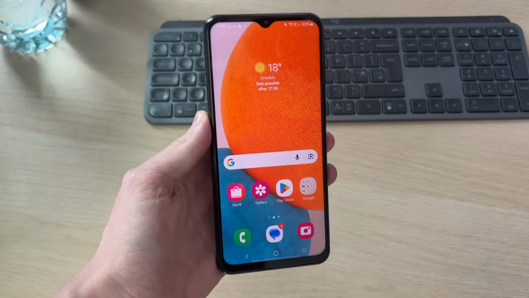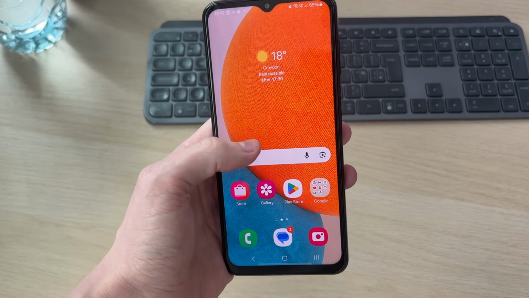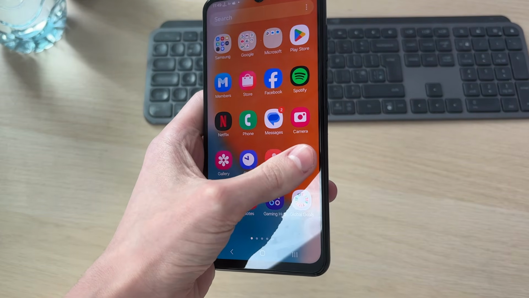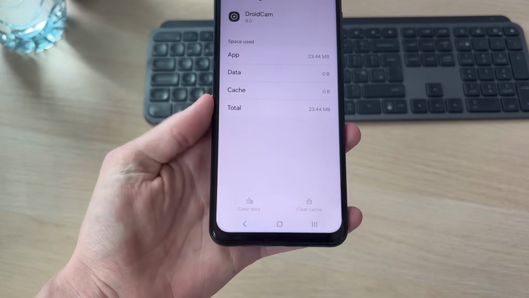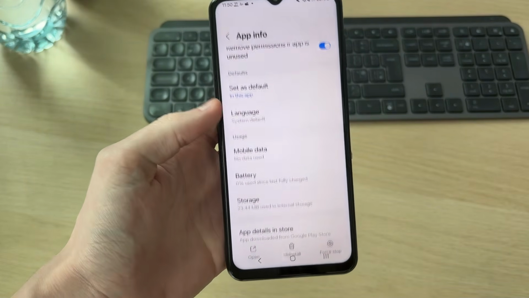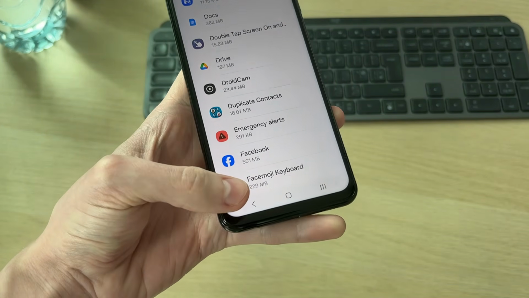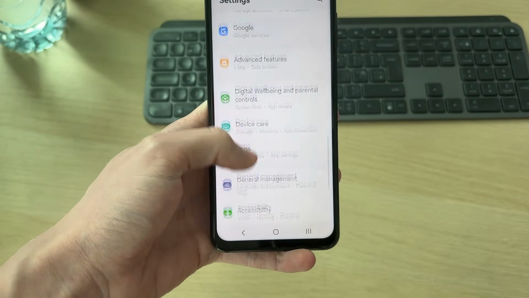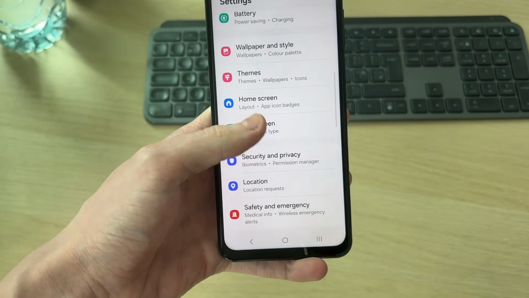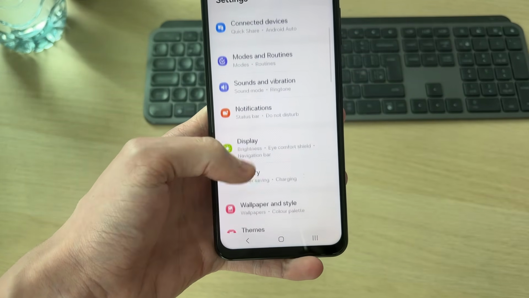Hopefully it is. If it still isn't, then what you can try doing is swipe up and come back to the settings. We'll just come back like so to the main page. And now what we want to do is make sure our device is up to date. So you can scroll down